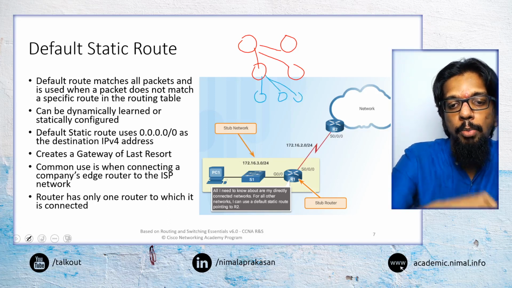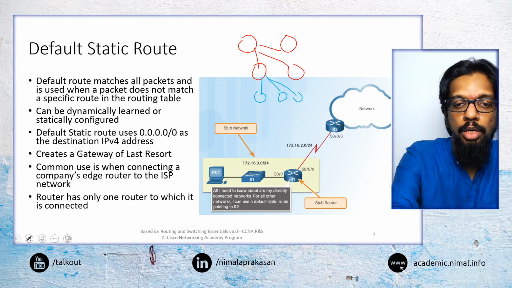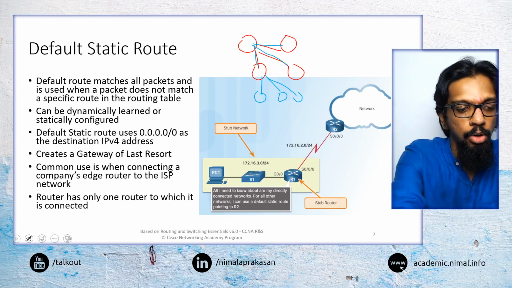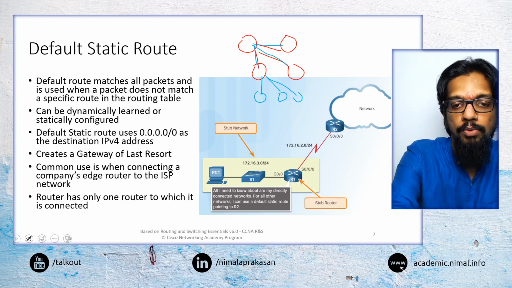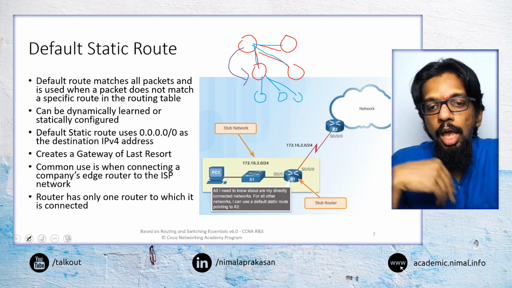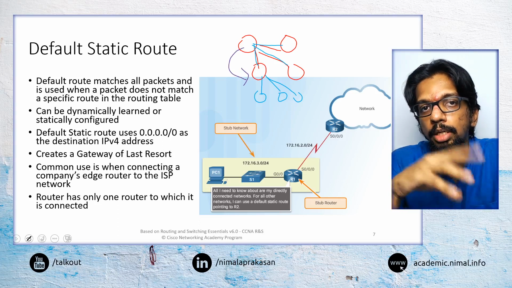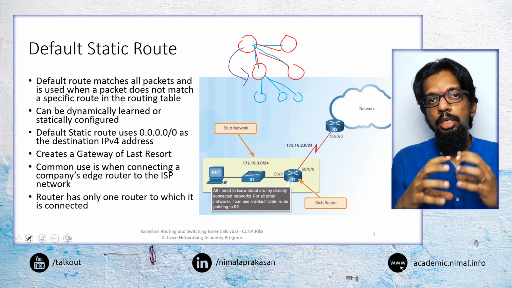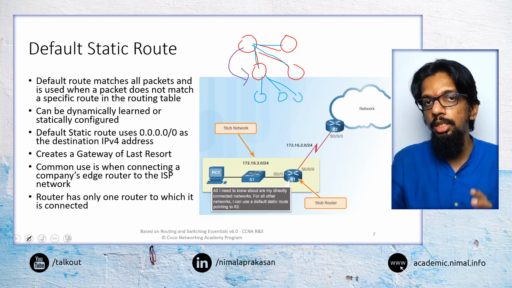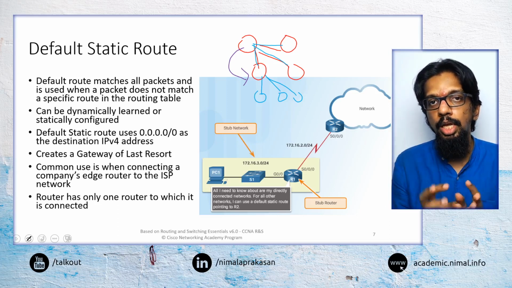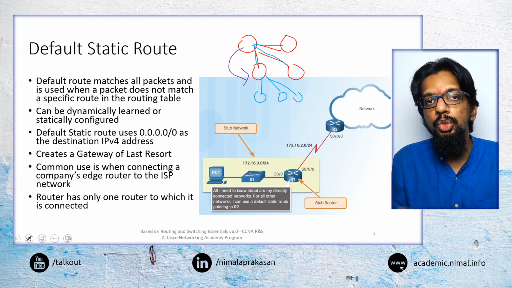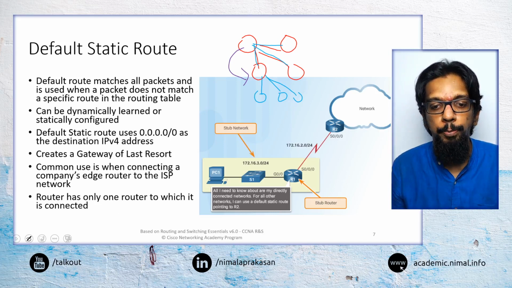and it doesn't know anything about these networks. This router can always say, if I know about these networks, I will directly send that traffic. But if I don't know about these networks, I will always send these to this router, and then that router can figure out how to route that further. So when this router doesn't know how to reach these networks, it will always send it to a default place which it assumes will know how to route.